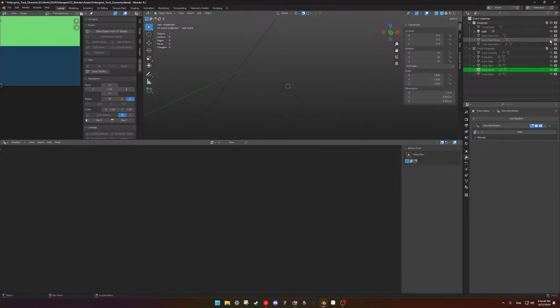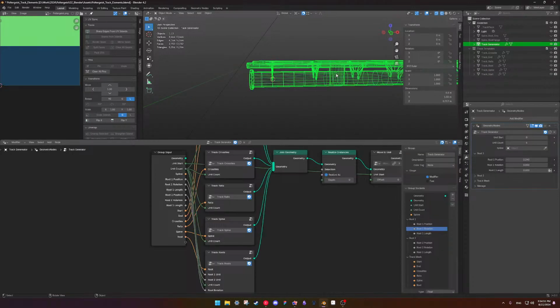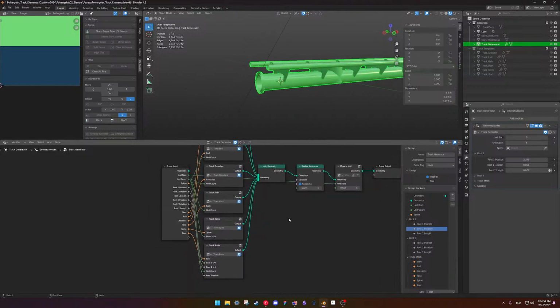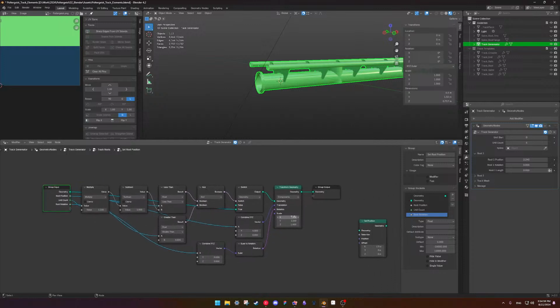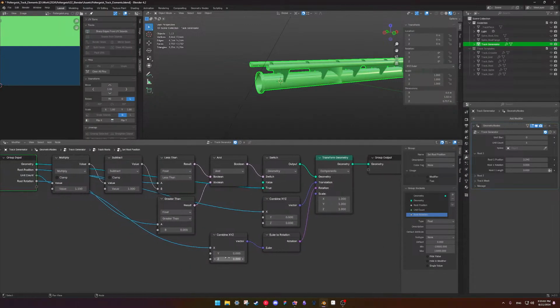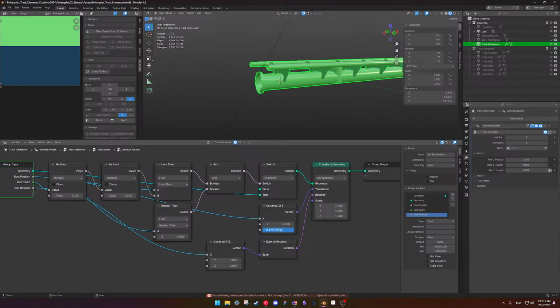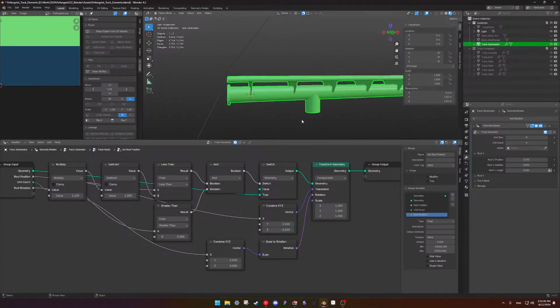Okay, so let me hide the template. Let me put the generator back on. This is gonna look a little weird because in the translation, we need the Z to be that. This is the wrong one. See. Or not. What's going on? Oh, because the meters is on. There we go. So now we got that back.